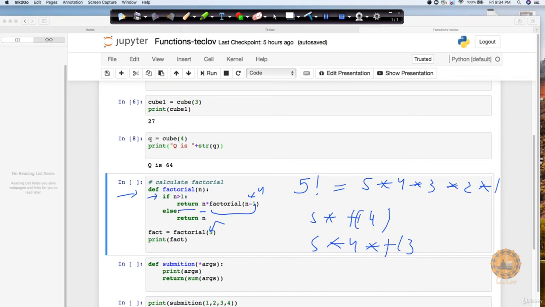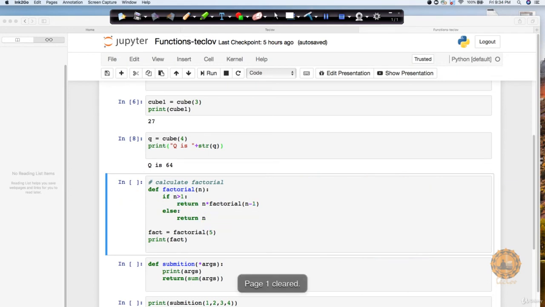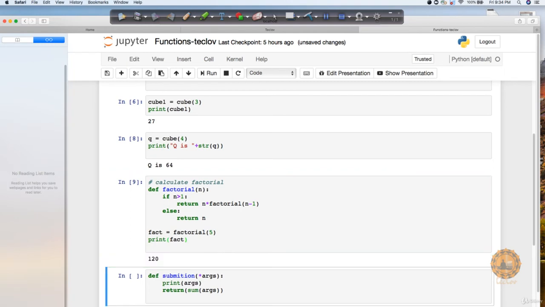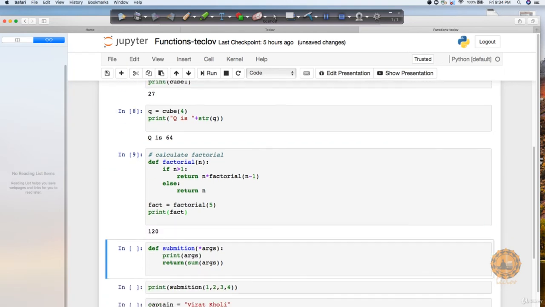Now where will it stop? When the value of n becomes equal to 1. Right? In that case, the condition doesn't hold, so basically it's going to go 5 into 4 into 3 into 2. Right? So it's going to return me the value n. Basically whatever the output will come, it's going to return it. So finally we will have all these values. So this is how you can execute this factorial. If you are able to do it on your own, that's awesome, it means you are on the right track. If not, no worry, you will keep on learning and keep on doing further exercises. So let's execute this, and you can see that we got the factorial of 5 as 120.